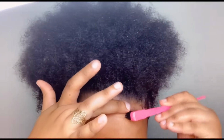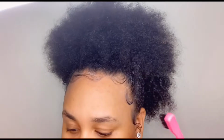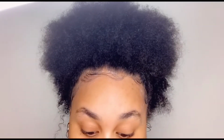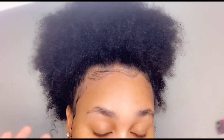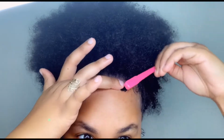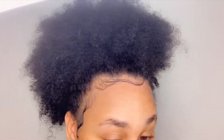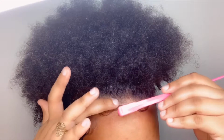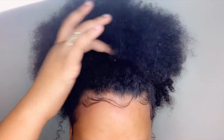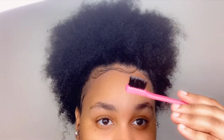And you guys, just by judging this brush, I always thought it was going to be coarse and very hard on the scalp, but it's really not. Speaking as somebody who is tender-headed, you guys, I am tender-headed, you understand? So it's not tough where it's going to leave a scar or hurt you. I did my swoop, and the process of doing this usually with my toothbrush is long. Okay, you guys, this brush is bomb. I'm sorry, toothbrush, I'm so sorry, but this brush